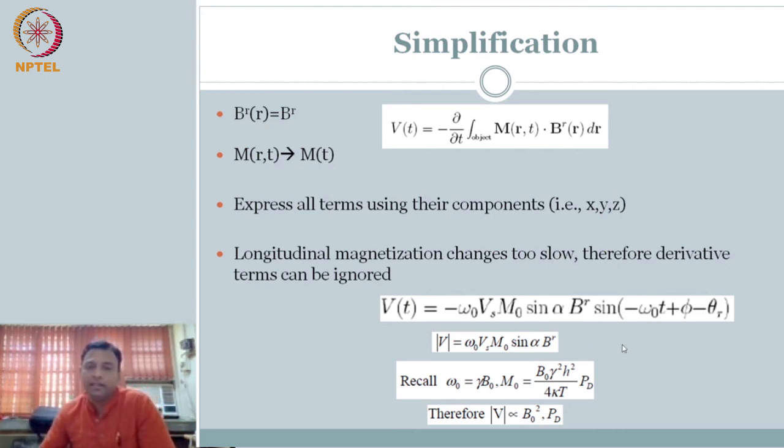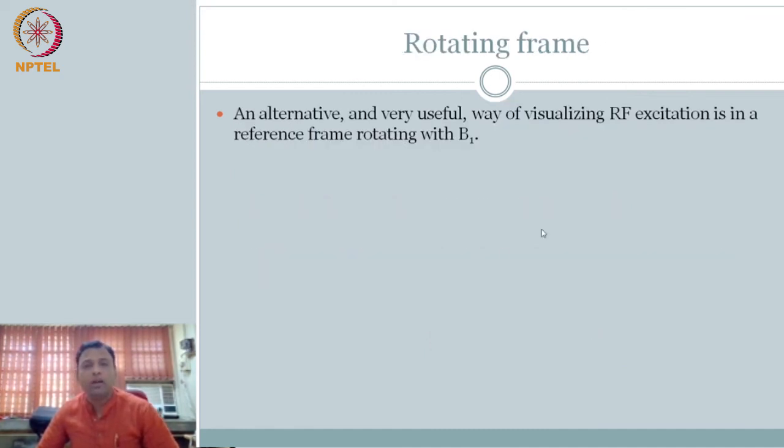So we need to build our material to add to our signal equation, the motion equation. What happens? We add an additional rotating magnetic field. Right now we have simplified it for a static magnetic field and talked about the motion equation for this. Now we need to add one more rotating magnetic field so that we can manipulate the magnetization vector. It will become a little complicated from a visualization point of view if you use the laboratory coordinate system, and therefore we could go for a rotating frame of reference, where essentially, imagine you are applying another magnetic field.